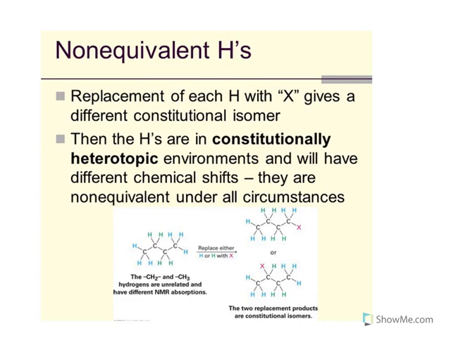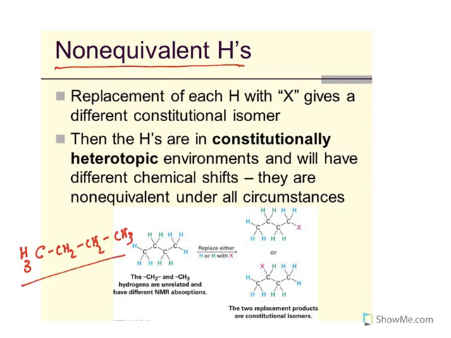Now, let us get into the interpretation part. You have something called non-equivalent protons. Look at this simple molecule, CH3, CH2, CH2, CH3. What is this? This is butane. Now, how many different kinds of protons are there? Let me write. Both CH3 groups have similar protons, whereas the middle CH2 protons are similar to each other. For these 6 protons the environment is similar, and for these 4 protons the environment is similar.